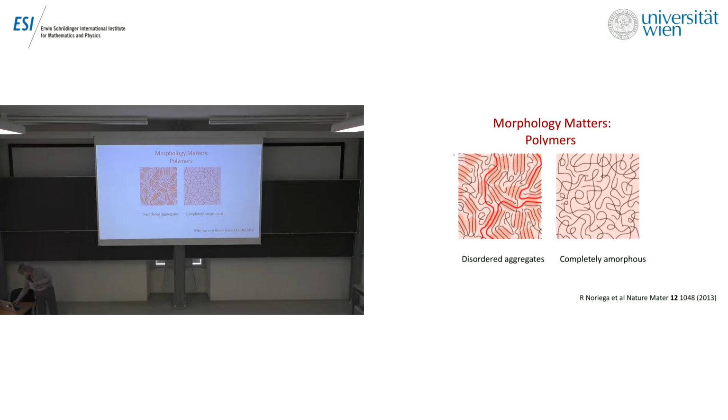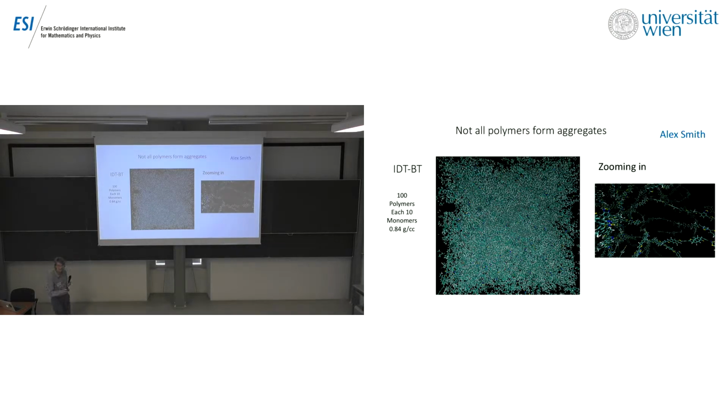So why? This is work done by Alex Smith, my student I just mentioned, and he was able to develop a kind of heuristic molecular dynamics that allows us to look at very large systems. Alex's motto used to be go big or go home, and he exemplified it by generating these large systems on the back of a cigarette packet. In other words, just on a standard single processor workstation overnight. It's very, very fast, but you could generate these morphologies. And what you could find is where the polymers come close together. And that's important